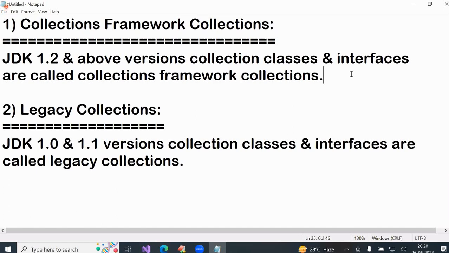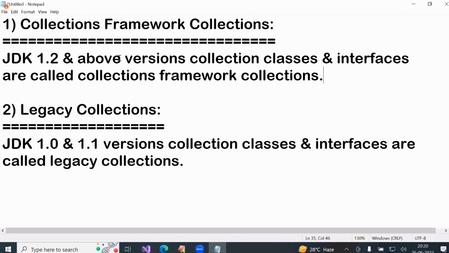Here also, maximum code is already written. That's why they gave it the framework word. But that is ready-made programs. It is just a ready-made library. That's it. That framework is different. Spring framework, Spring Boot framework, Hibernate, Struts, those are different. Okay. Here,